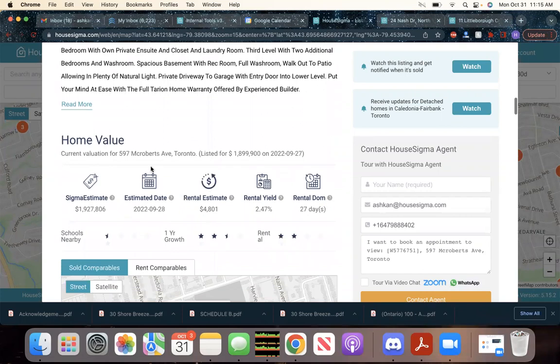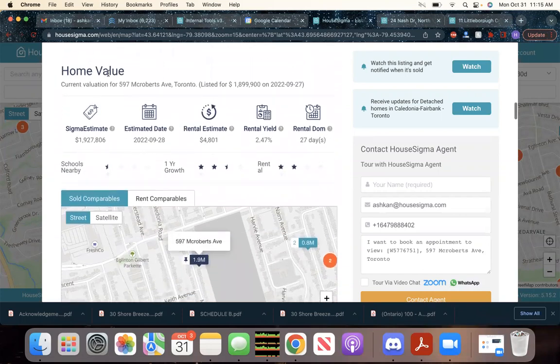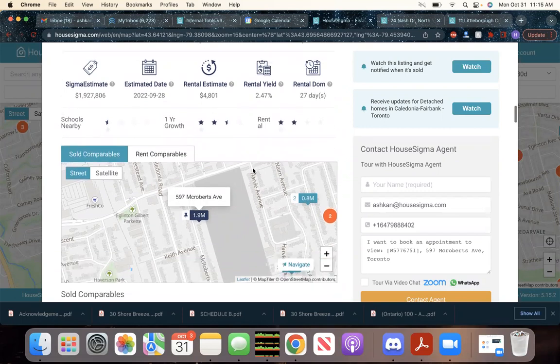As you go through, you got some other key details. You got Sigma estimate, you got the estimated date that it did the estimate on. The rental estimate is great for your investor clients if they want to have a quick idea of what the rental income is going to be. Rental yield, rental days on market,